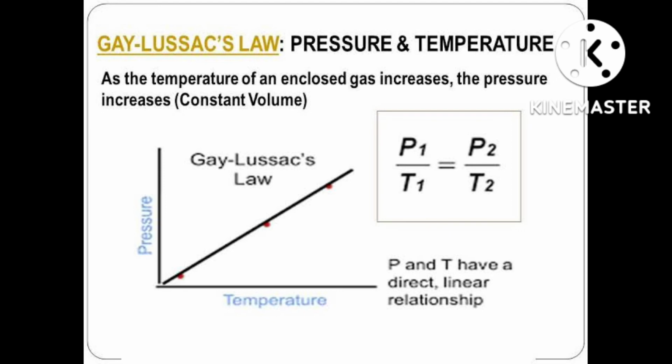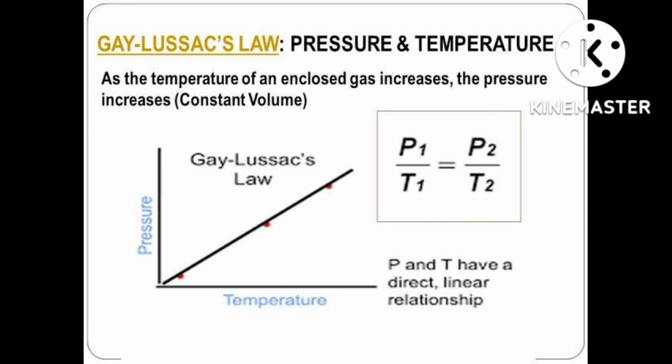During winter, the reverse is the case. On a cold morning, one may find the pressure in the tires of vehicles decreased considerably. The mathematical relationship between pressure and temperature was given by Joseph Gay-Lussac and is known as